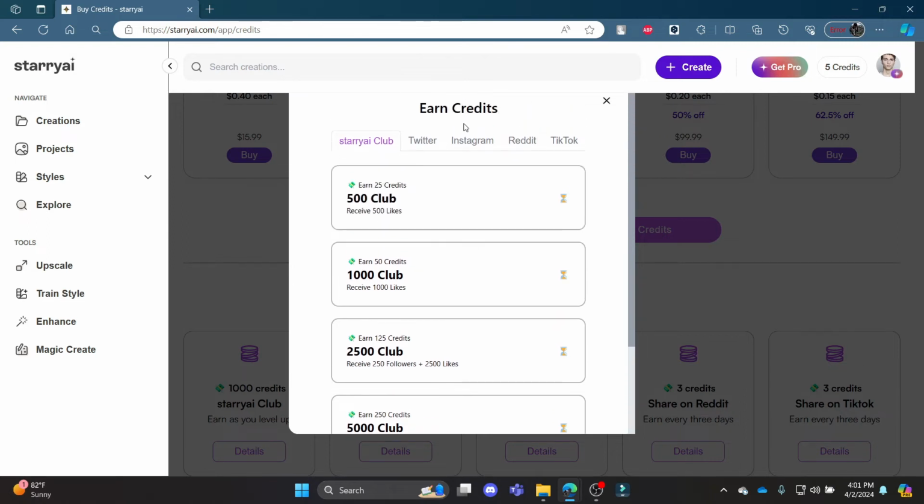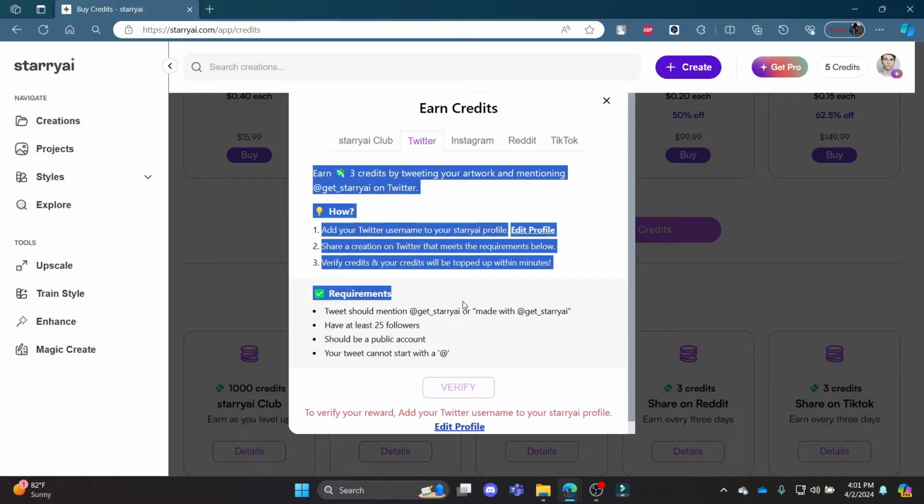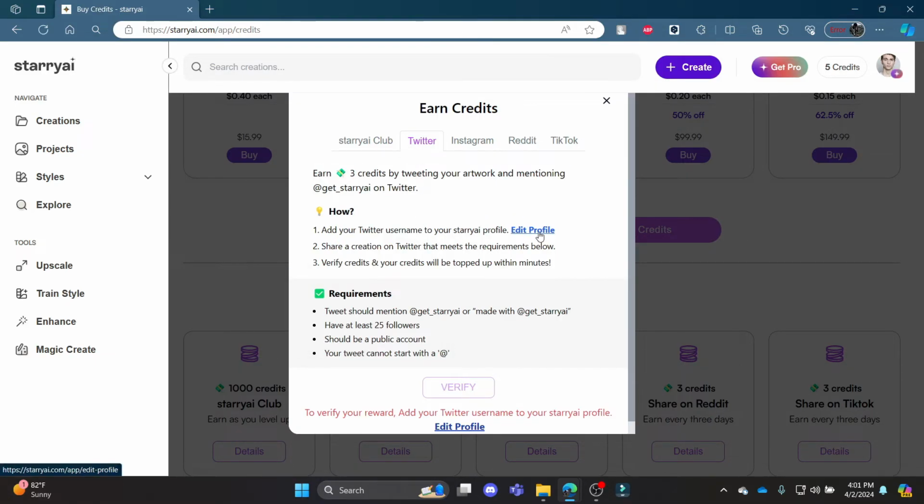Now if you want to earn credits using Twitter, go to Twitter and read the description over here. You must follow the requirements and read the how. So go ahead and insert your Twitter username on your Starry AI profile, verify it, and then you can mention the tweet like get Starry AI or made with get Starry AI,